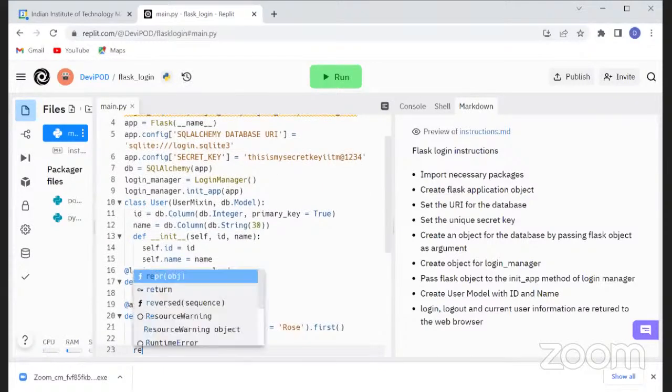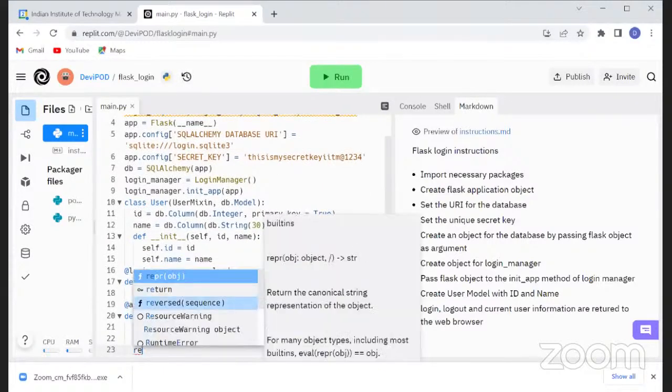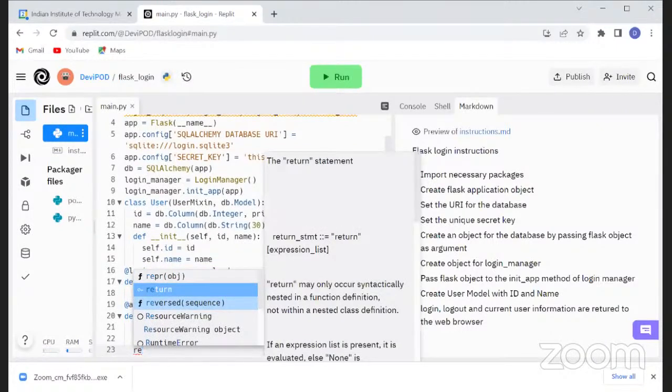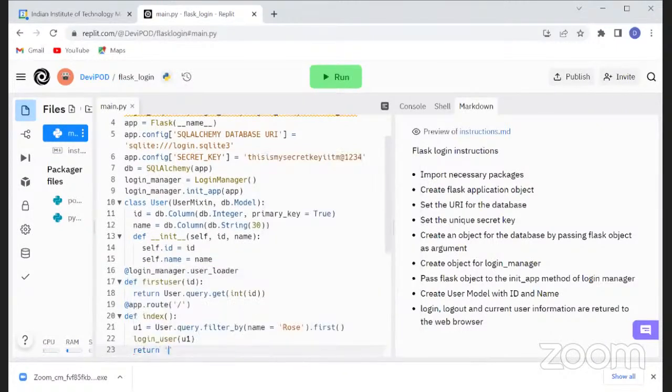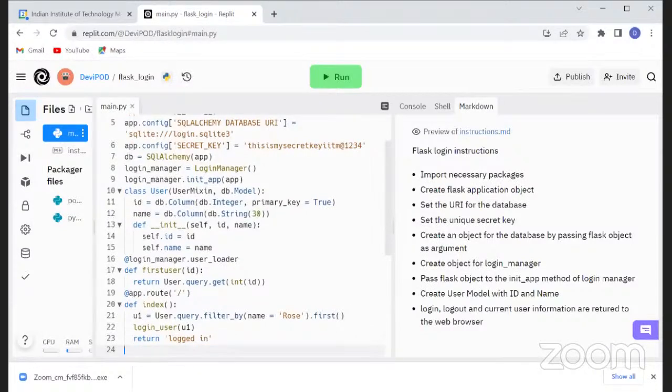And then you have to return some message that the person has been logged in, right? So any message you can give here. So I'm just giving logged in. So next